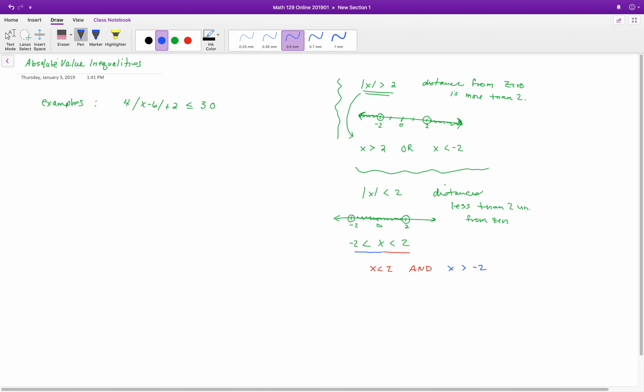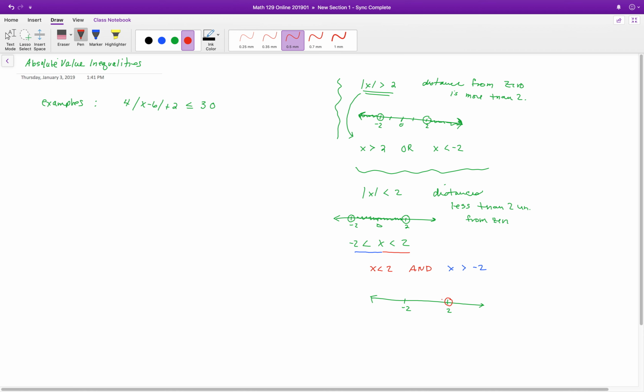So really what this represents is the intersection of two sets. So if you think about it, here's -2 and here's +2. So if I look at values of x smaller than 2, excuse me,